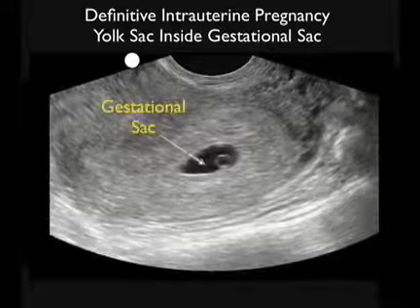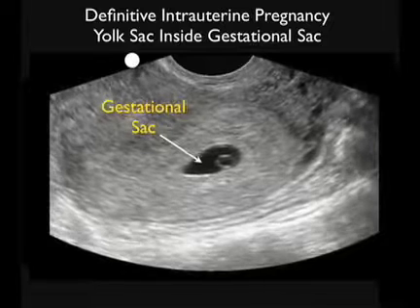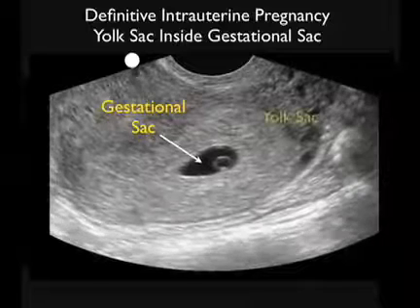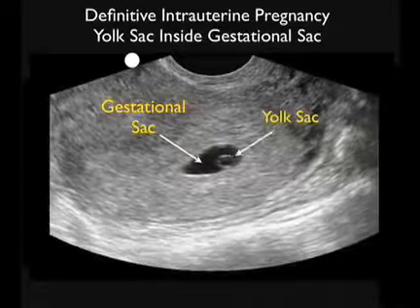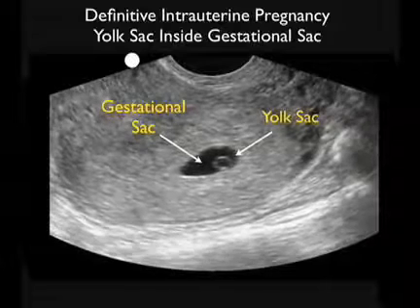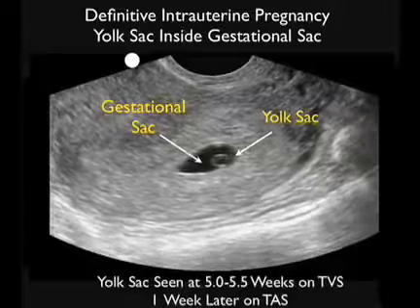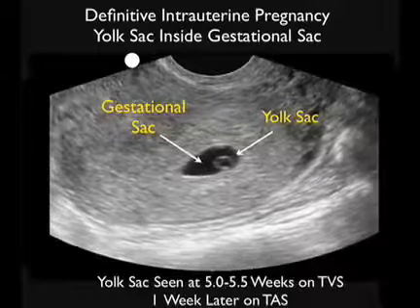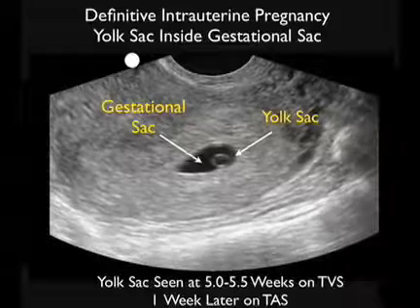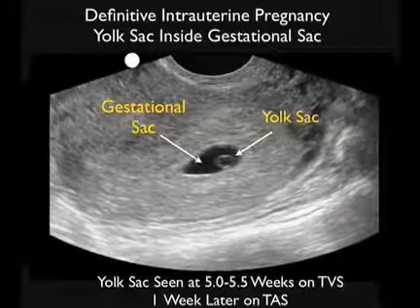So what defines an intrauterine pregnancy for emergency physician sonographers? Well, here's a video clip showing the gestational sac, larger on this video, and notice the presence here of a yolk sac, that circular round structure lovingly referred to as a Cheerio sign within the gestational sac. Once we see a yolk sac within a gestational sac, that is diagnostic of an intrauterine pregnancy. And the yolk sac is generally seen at about 5 to 5.5 weeks on transvaginal sonography and a week later